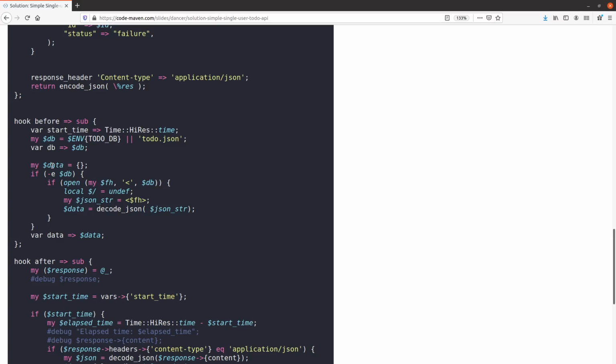So the data is basically our database, which is just a JSON file that starts out, or defaults to, an empty reference to a hash. But if the database file exists, then we open it, go into slurp mode, read the content of the file, and then decode the content, because that's a JSON string, into data. So we are assuming there's a JSON data structure in this file, and that's going to be the data,